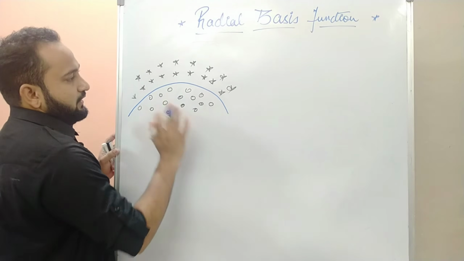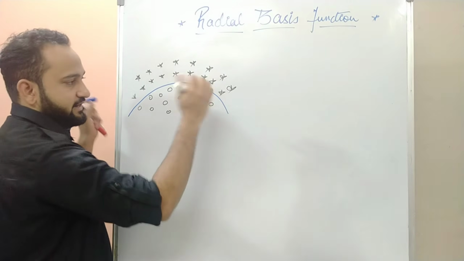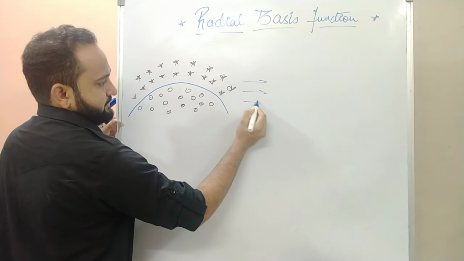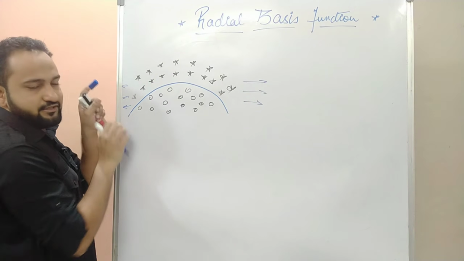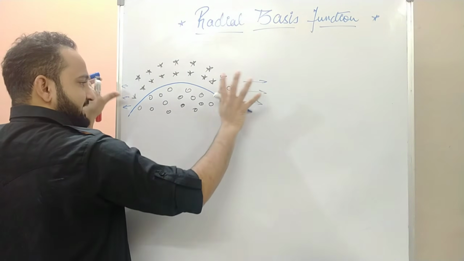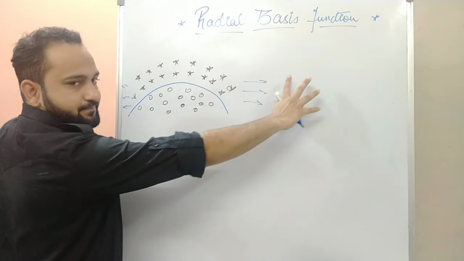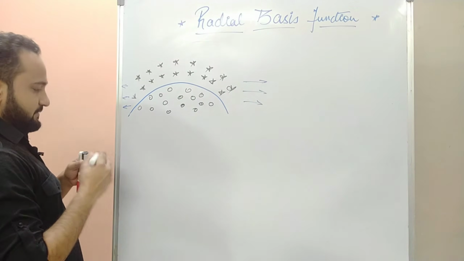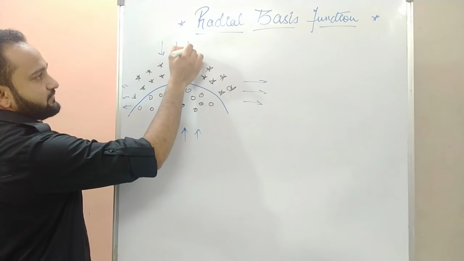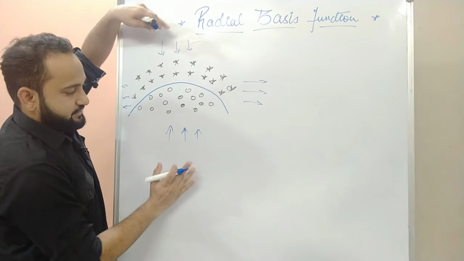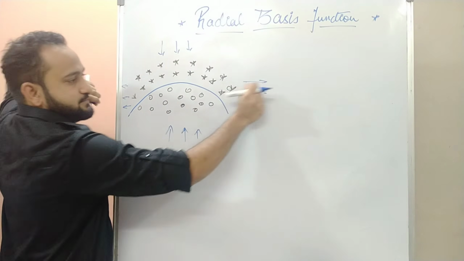See, you have this data set. Now we will try to expand this data set. How to expand it? We will expand in this direction and this direction, from here in this direction. So it's like we are expanding this complete data set in these two directions. So what will happen? It will spread out. Agree with what I'm saying? And at the same time we will press the data set in the vertical direction. So something like this we will press. We are pressing from this direction and expanding in this direction.